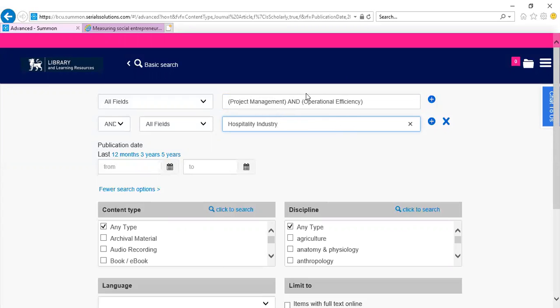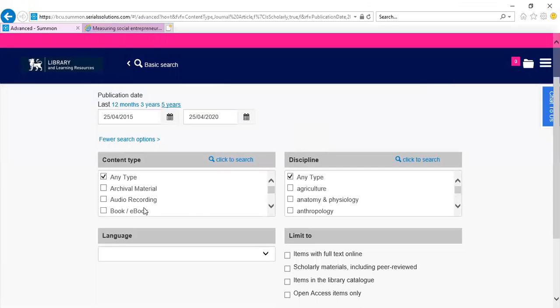So you will need to do a combination of research where you would have to include project management and the hospitality industry, or operational efficiency in the hospitality industry, and then look at the combination of project management and operational efficiency, and look at a variety of literature in order to get the right information that is relevant to your industry. And you would have to look at it from different perspectives, which you might have learned earlier in academic writing. So let's choose 5 years, and see you are also able to find different kinds of resources, including audiobooks.